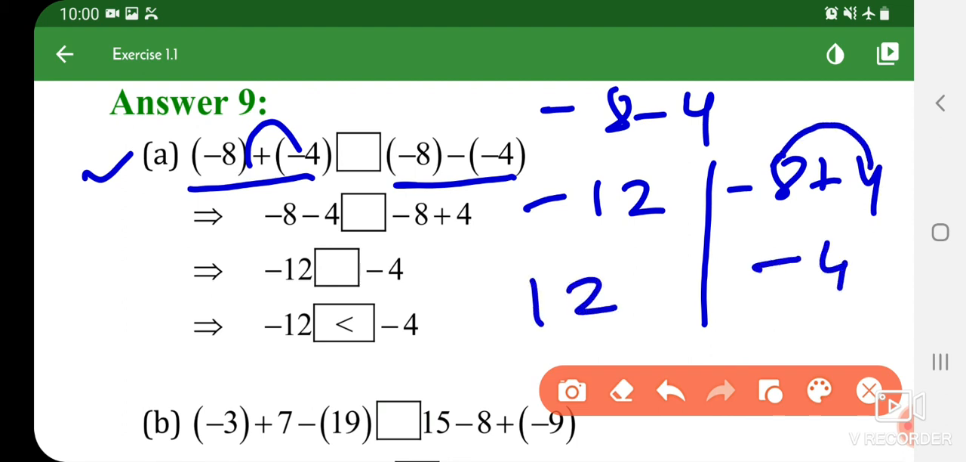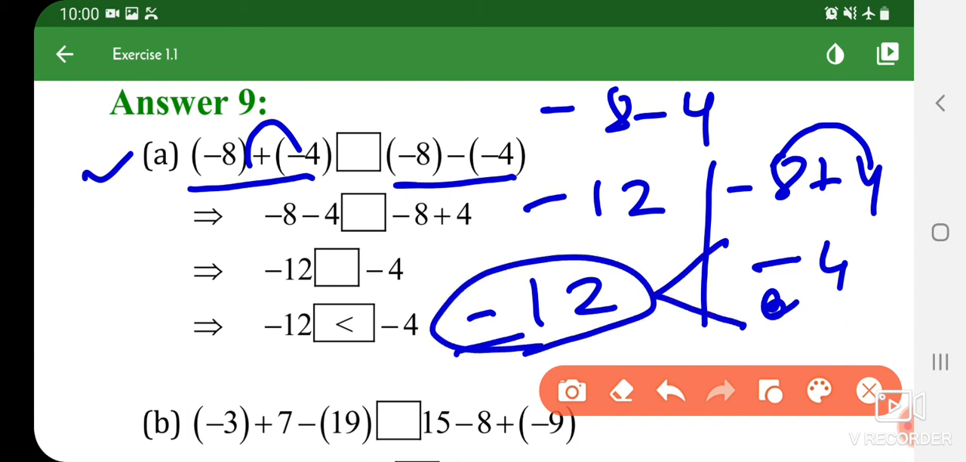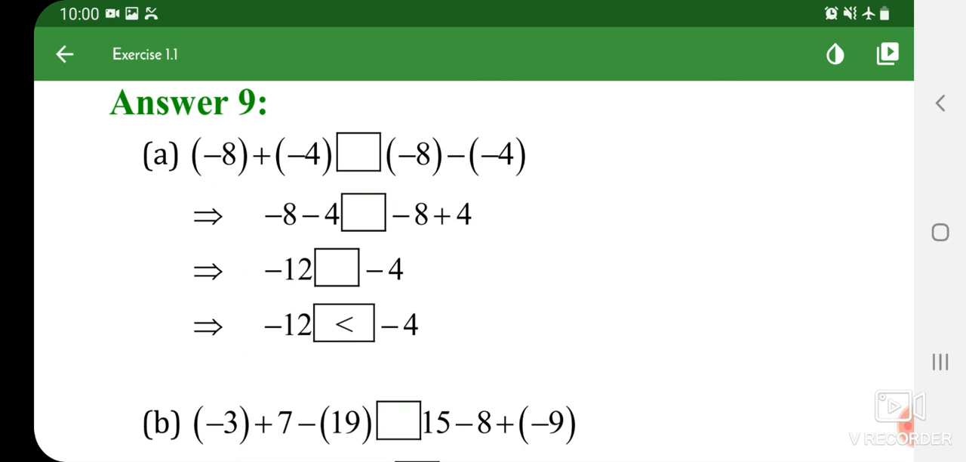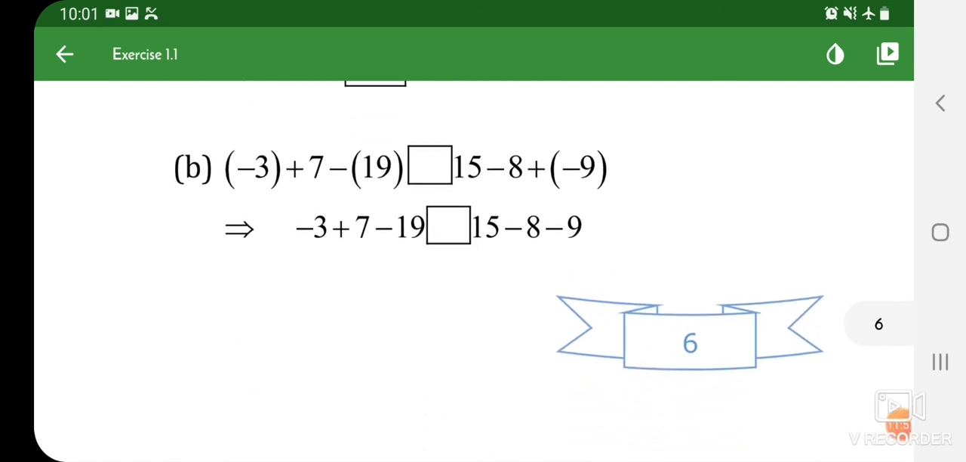So minus 12 and minus 4, which one is greater? In negative numbers, the greater number is small and the small number is greater, because of the negative sign of minus. So this is the greater. Okay, minus 12 is small and minus 4 is greater in the negative integers. Next is,